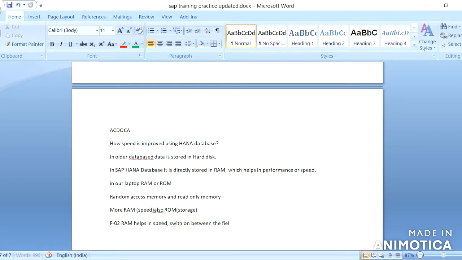But when saving the transaction, data needs to be stored in hard disk. So RAM helps in performing the speed and ROM will be used to store the data.